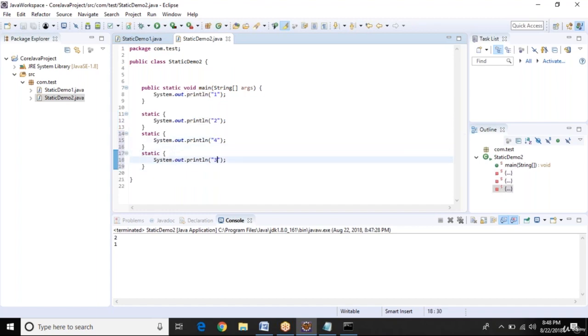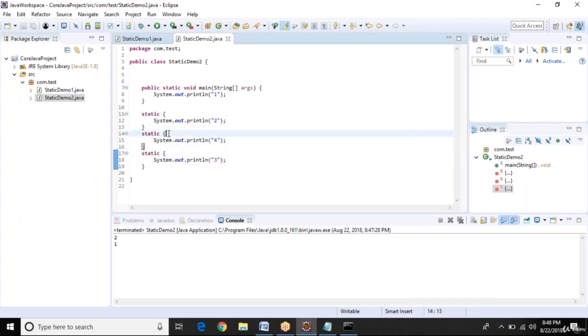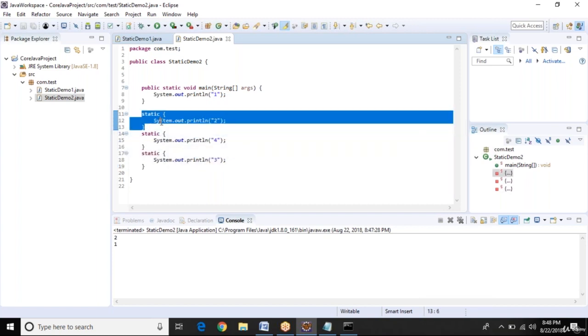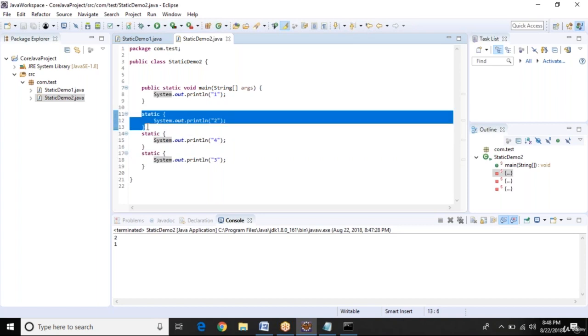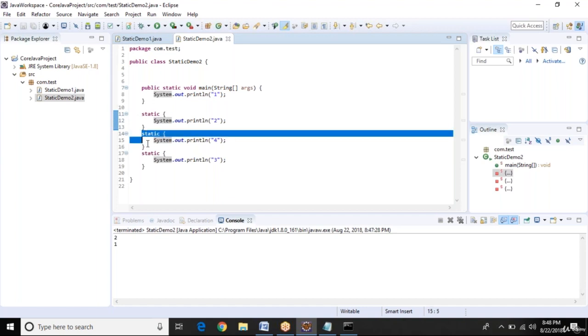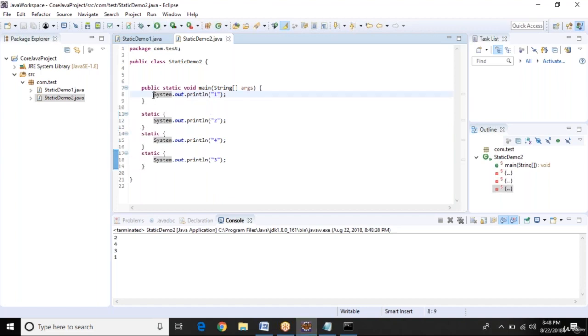It will print the values of the static blocks in sequential manner. First it will process this static block, then this one, and then this one. After finishing all of these, it will move back to the main method and then print this one.